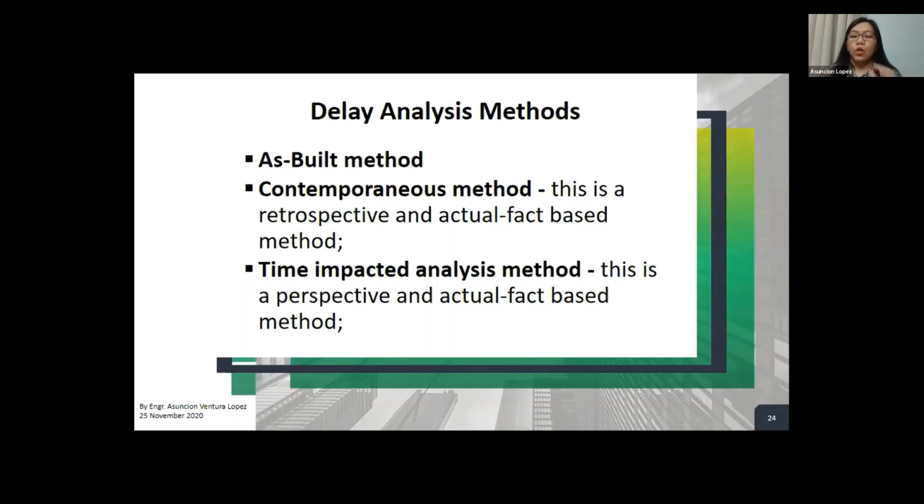It usually concentrates on delay events, and then it applies the as-planned model on a window-by-window analysis. Now, the major distinction between the windows or the snapshots and this TIA, or time impact analysis, is that